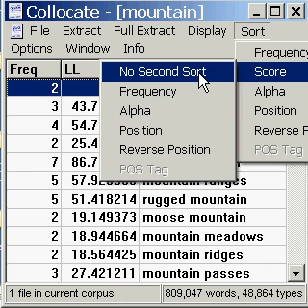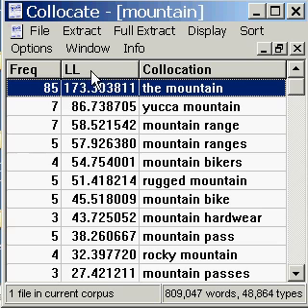And here we see according to log likelihood that the top ranked collocation is still the mountain, so it's a little bit more like the frequency ranking. But down here we have some quite good collocations. So these scores here we're not really interpreting in any statistical way, we're just having this be a way of ranking the data and presenting the data to the user to pick out what they think might be good collocations, taking some note of the frequency and this score.